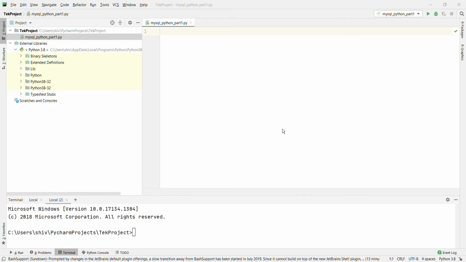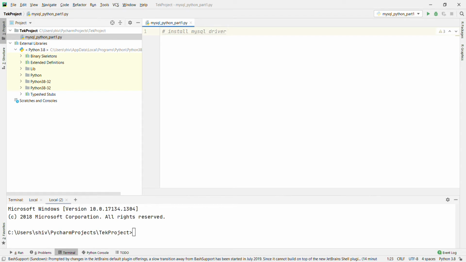Before we start, we have to install the MySQL driver. Before connecting with MySQL, we need the MySQL driver, because Python needs a MySQL driver to access the MySQL database. In this video, we will use the driver MySQL Connector. We recommend that you use pip to install MySQL Connector. Pip is most likely already installed in your Python environment.